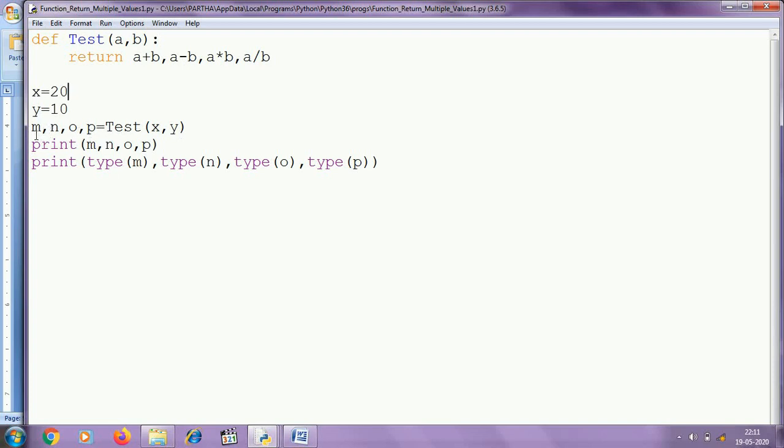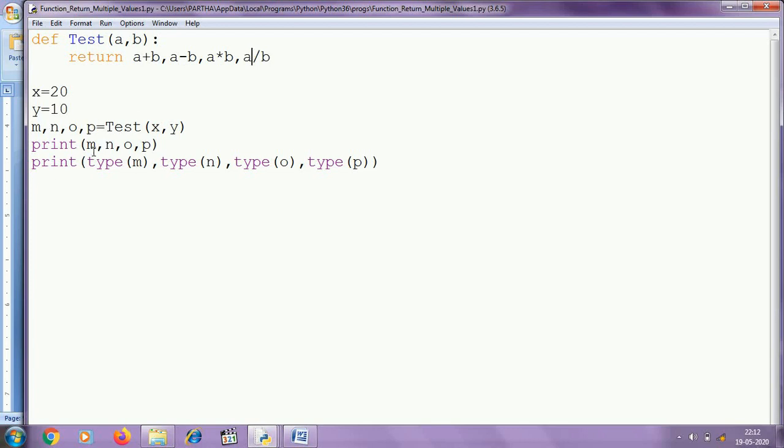For example, I have taken 4 variables m, n, o, p. So after execution, the value of a plus b will be assigned to m. The value of a minus b will be assigned to n. The value of a into b will be assigned to o. The value of a divided by b will be assigned to p.